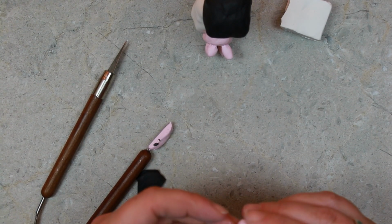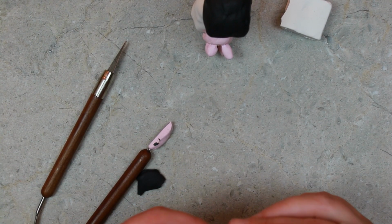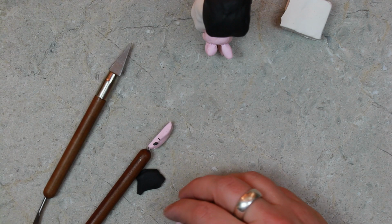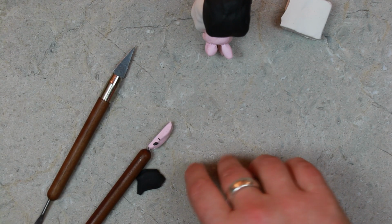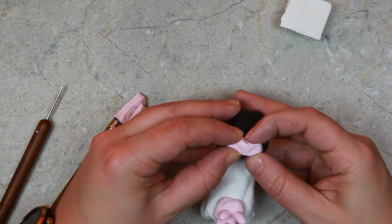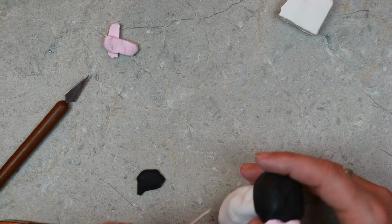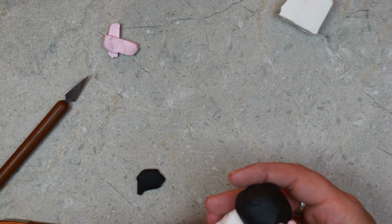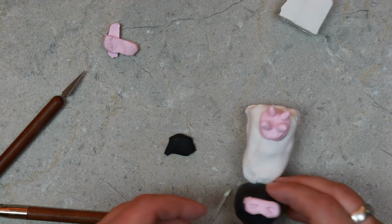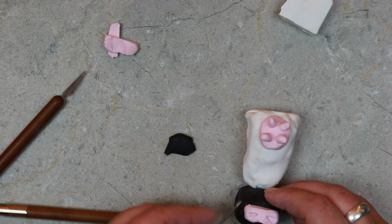It's a shame that the top of this doesn't look as good as it should. Oh, the smoothing struggle is so real. What am I supposed to do with this bit in the middle? Oh, this is too much. And then I need to stick that on there. Oh, goodness me. I can't stop touching it. Right, I just want to make sure that our nose is going to be attached to our face. It's not going to fall off if we put it in the oven. I'm trying not to touch the udder as well. I want to keep this line really neat, but...